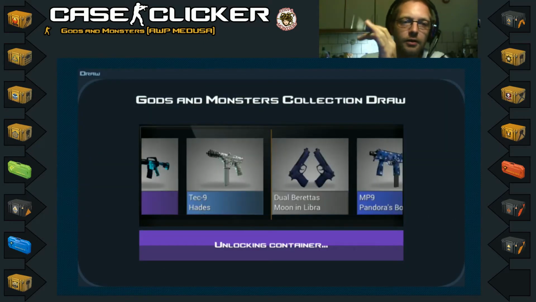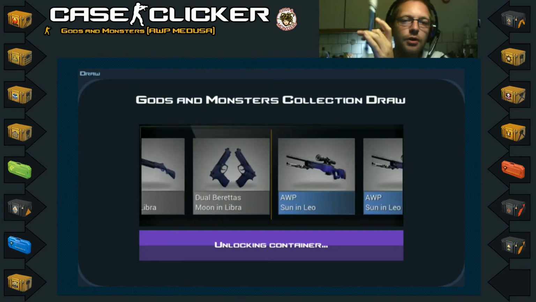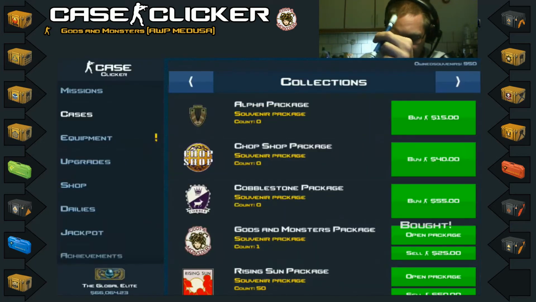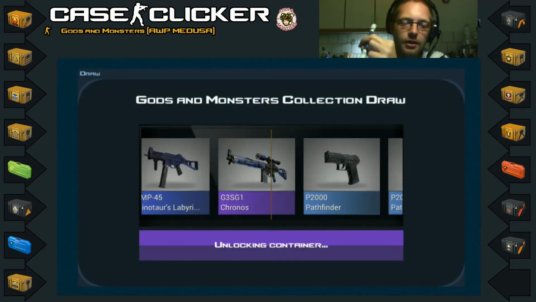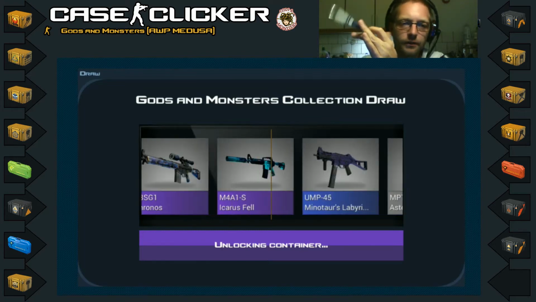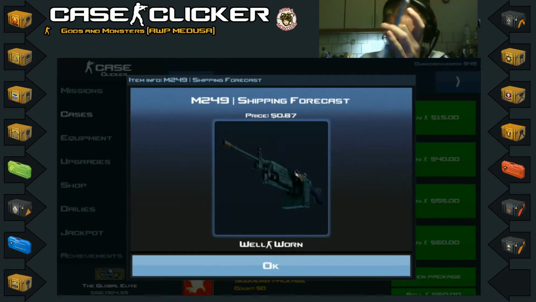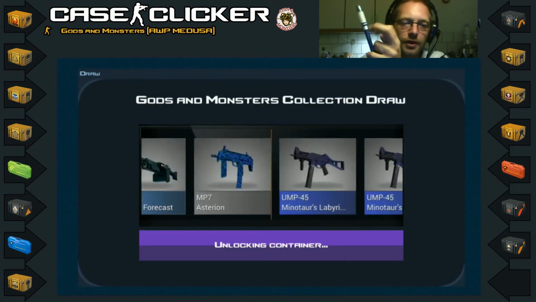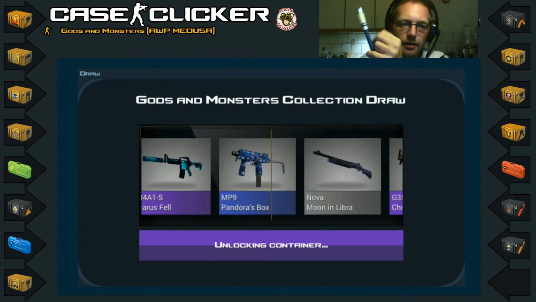The other collections just pretty much came very fast. Well, then you're not alone, and I'm here sharing the excitement with you of opening Gods and Monsters collection items over and over and over, trying to complete it. So yeah, I do hope for the sake of everyone enjoying Case Clicker that this here is crazy bad luck, because